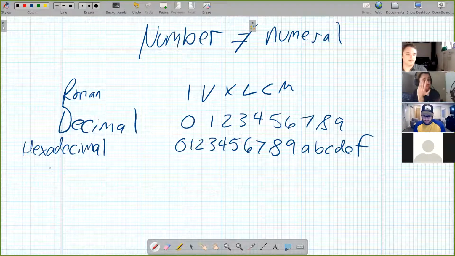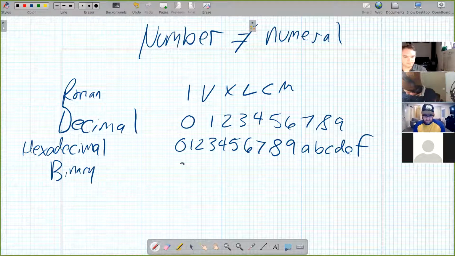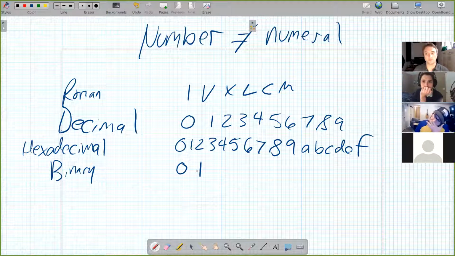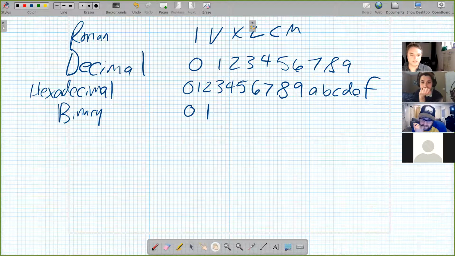And then we have binary. 0 and 1. There's no limit to the numbers that we can represent with binary. We just have a very small number of numerals that we can use to represent them. So the way this works, the way counting in binary works, is